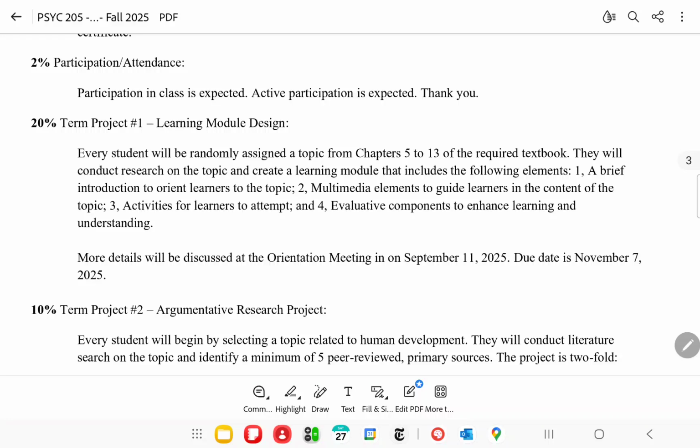The way that your topic's been assigned was through the indication of pages. These are page numbers directly from the 13th edition of your required textbook, not a recommended one, your required textbook. And so the very first order of business, of course, is to go through that particular section, okay? And afterwards, after you've gotten a good idea of what the section is about, you're creating this learning module so